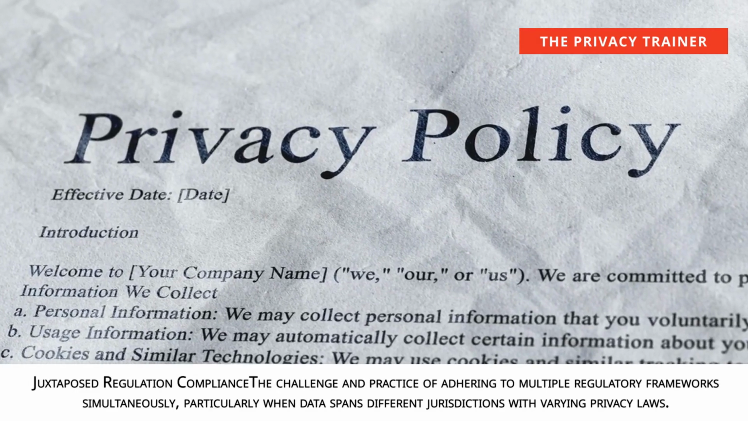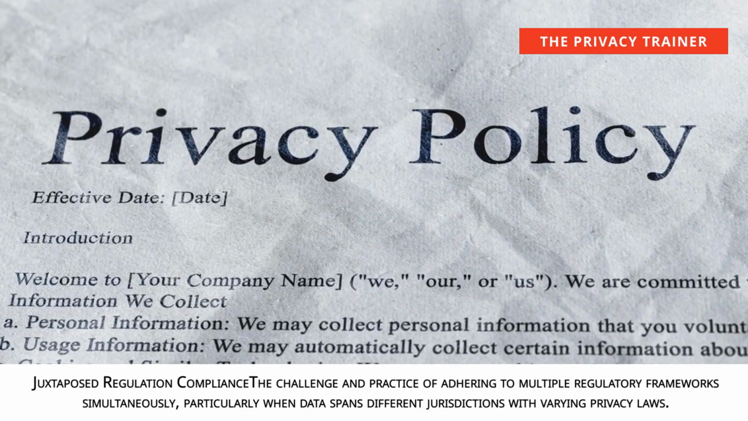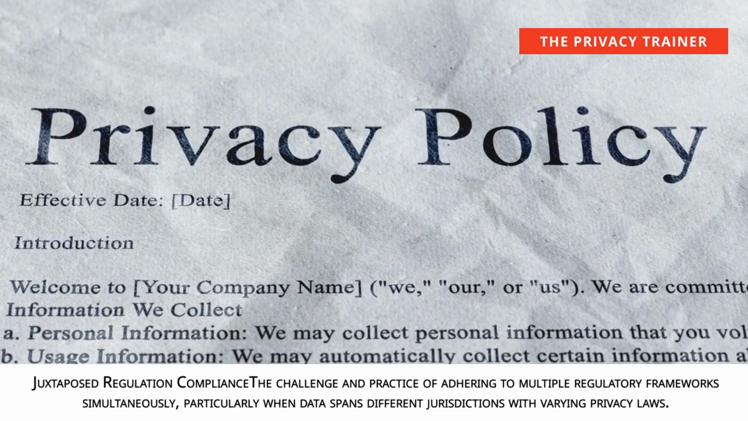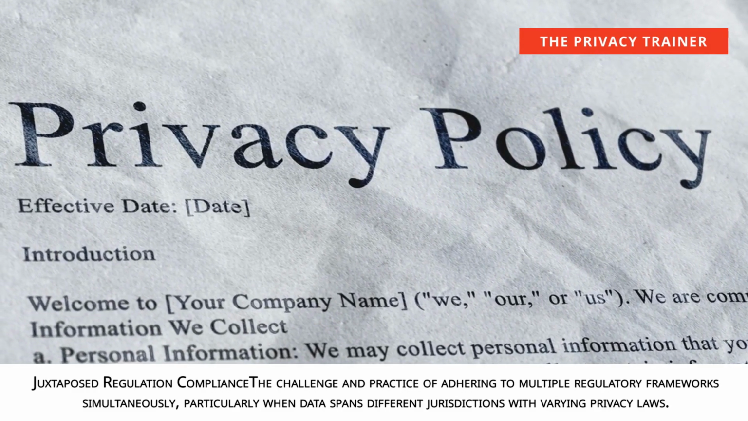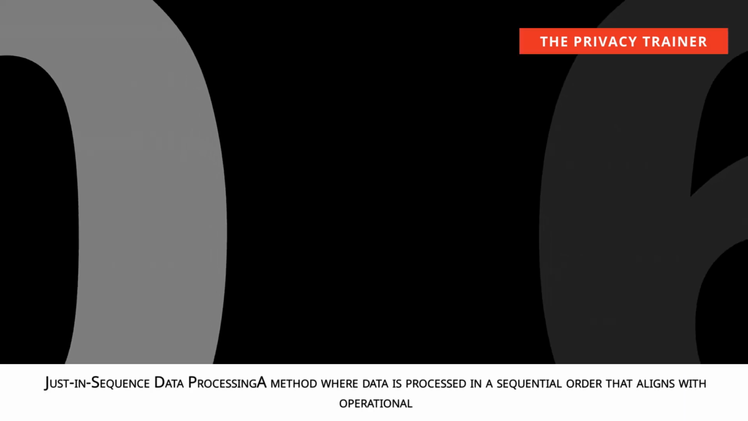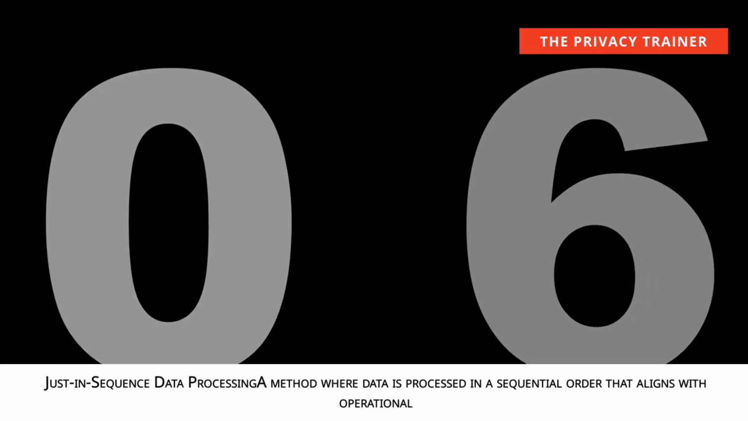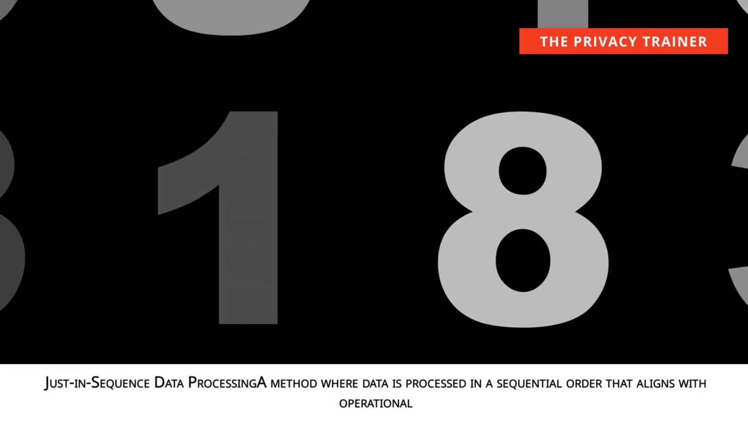Juxtaposed regulation compliance, the challenge and practice of adhering to multiple regulatory frameworks simultaneously, particularly when data spans different jurisdictions with varying privacy laws. Just-in-sequence data processing, a method where data is processed in a sequential order that aligns with operational